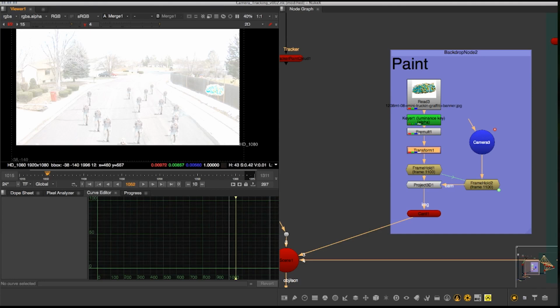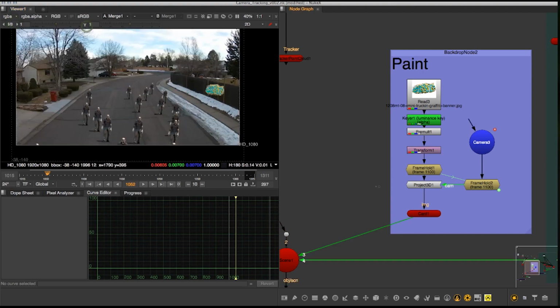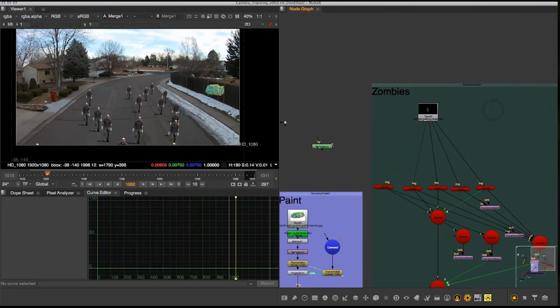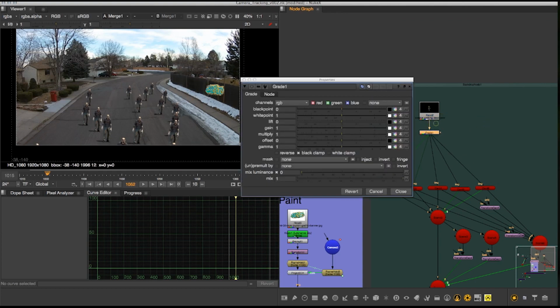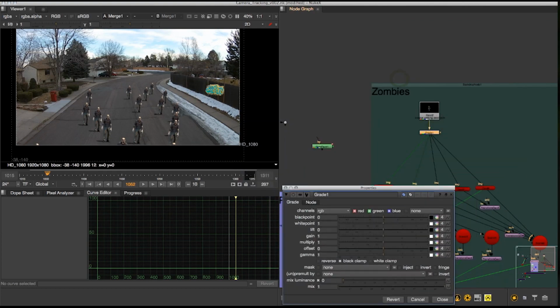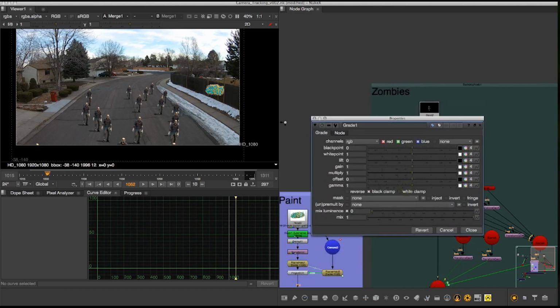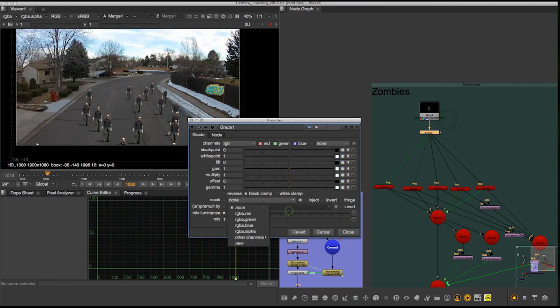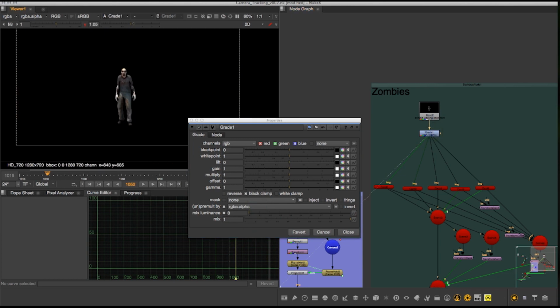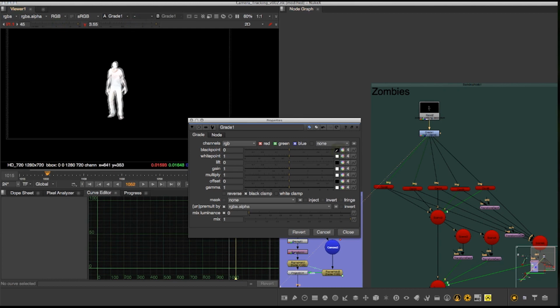Shadows of this and that seem to be about the same. But just for good measure, we should grade them anyway. So let's put down a grade node, and we'll grade them all before they're fed into 3D. So we need to unpremultiply this by the alpha, because we don't want to grade the alpha. So let's go ahead and look through this, and let's gamma it up again, and let's pick a black point,